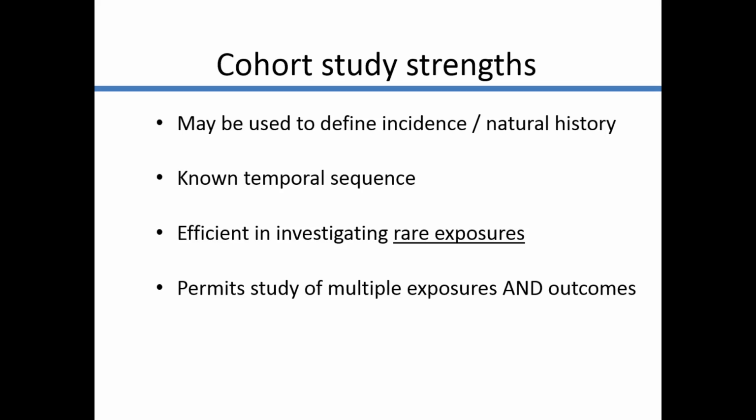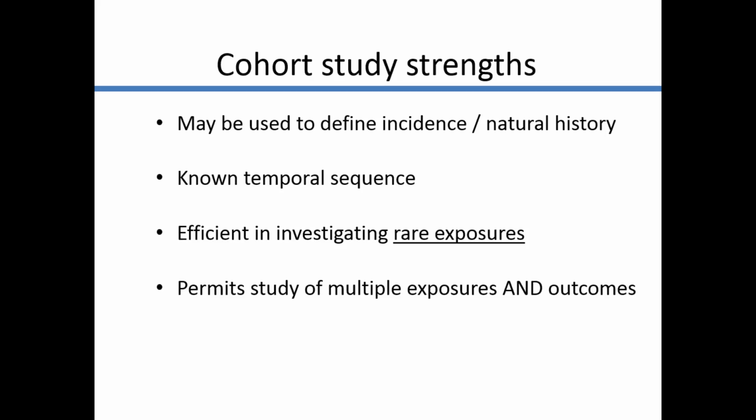We know that the disease itself didn't change this value, this blood level, or this behavior. We know that the behavior came first. And it's important if we want to say, this behavior leads to this outcome, smoking leads to this outcome, we need to know. And a cohort study is the best design for making sure that the exposure really did come